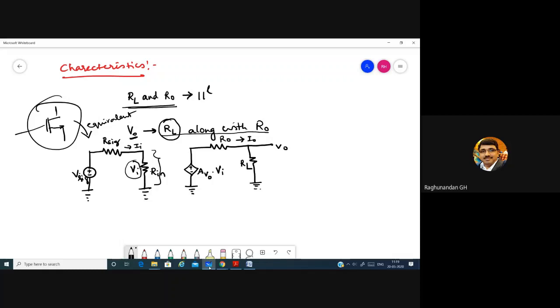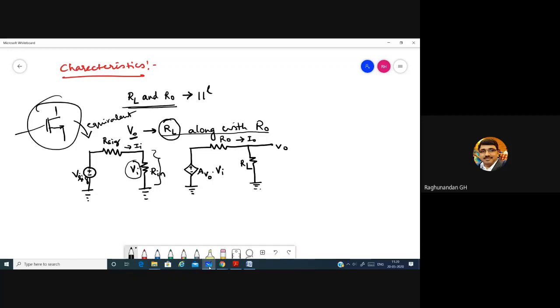Because of this Vi, now this Vi will be acting as the input voltage from the input circuit. This is the input circuit, this is the output circuit. So Vi is the actual input that is being fed to the circuit. Signal voltage might be fed, but there is a drop across the resistance. Because of that, only some part will be lost here, and the remaining will be fed as input to the circuit. That we are going to illustrate as Vi.